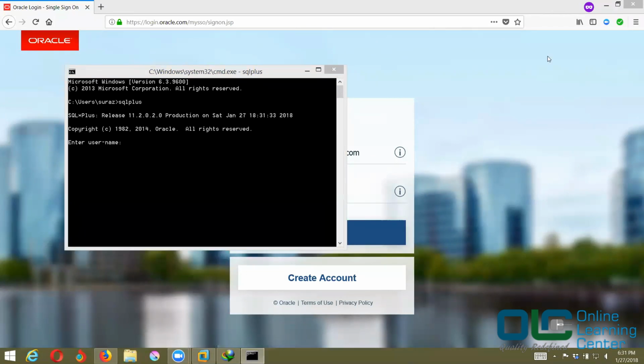Okay, so this time if you see, it has recognized our SQL plus command, and it is asking you to enter the username and password, right? So the username is system, the default username is system, and password is manager. If you remember, I had typed that password. Okay, and you are connected. That means your installation is successful on your Windows operating system.